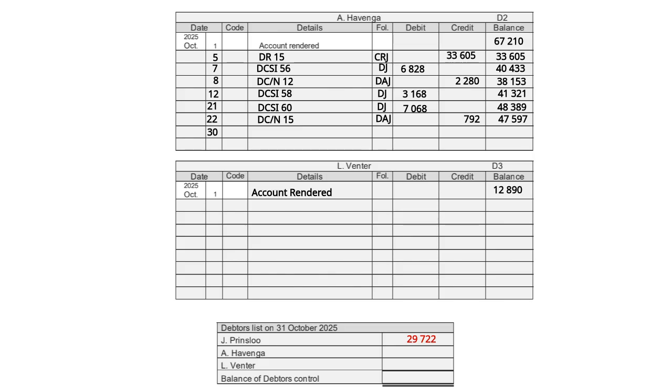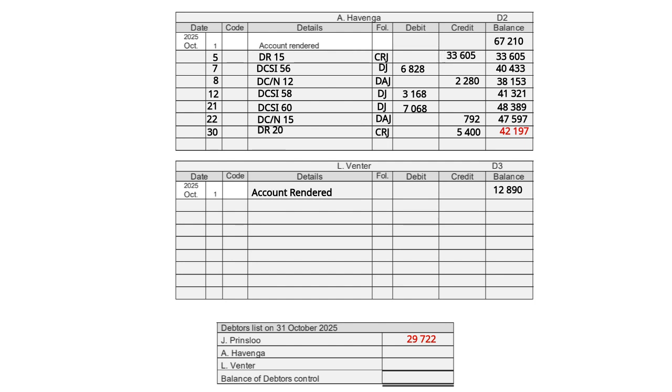Then on the 30th, received 5,400 Rand from Havencha on account. So Havencha is making a payment towards her account, so it's going to my cash receipts journal. I will issue a duplicate receipt. 5,400 in the credit column, and Havencha's balance at the end of October is